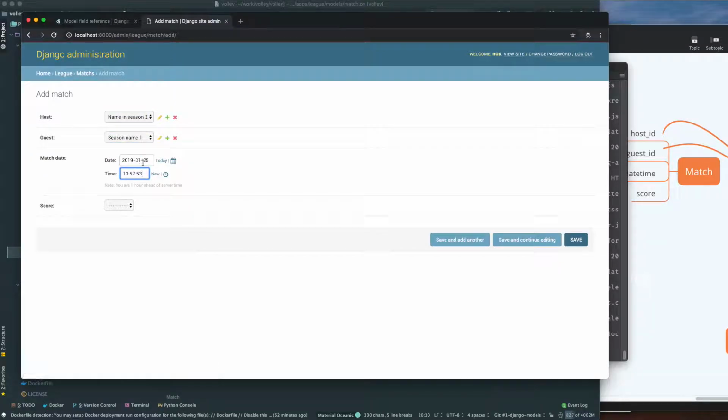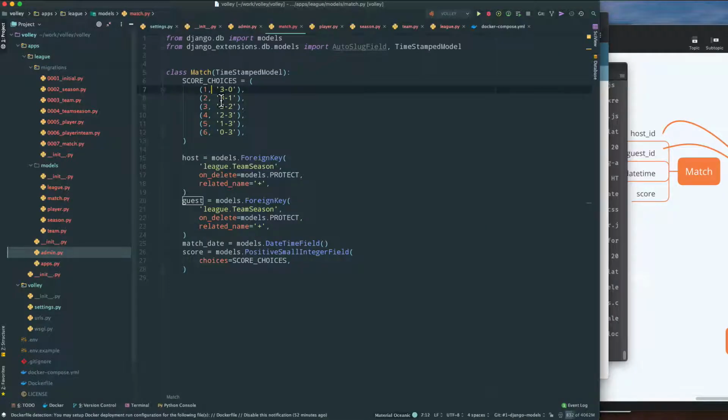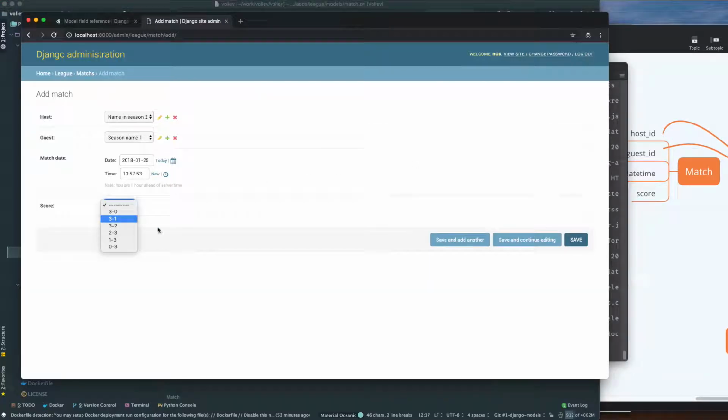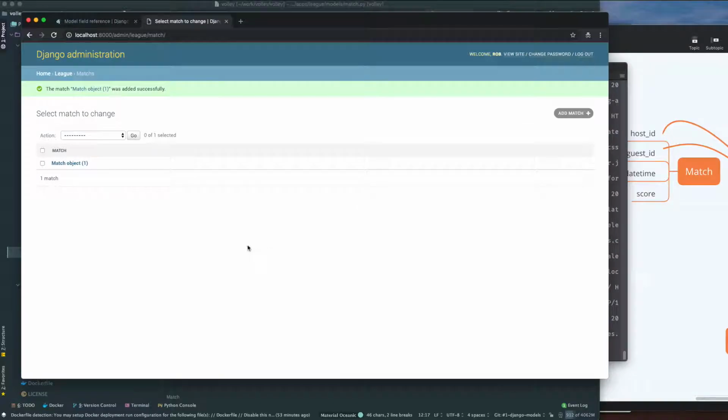Let's make it today now, and here we go. And score, as you can see, everything is as we defined in our choices, and these three would be host win, and these would be guest win. We could make use of it later, but okay, let's see, 3 to 1. Let's save it, and the match object is